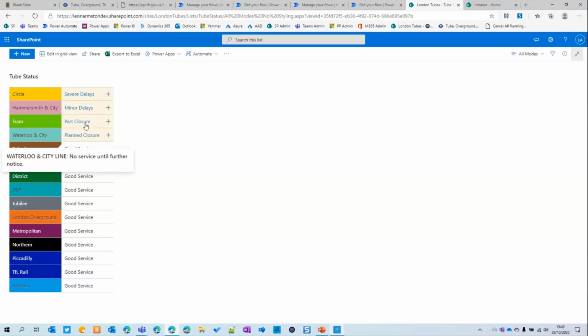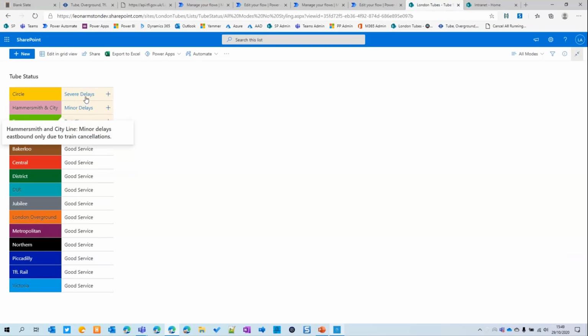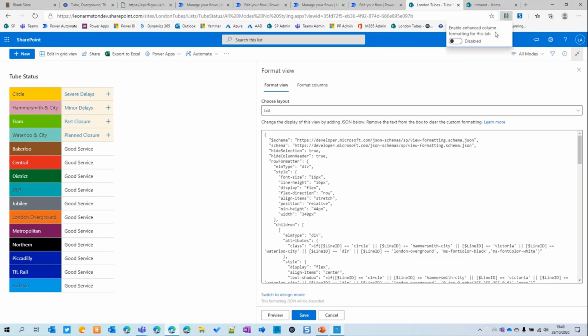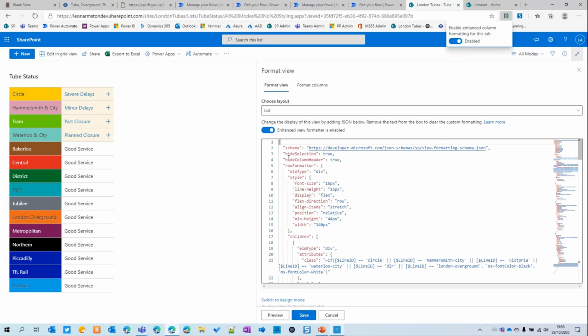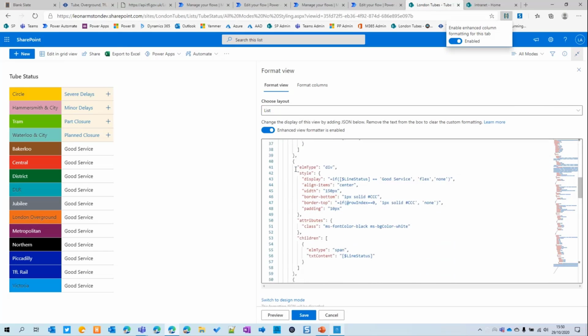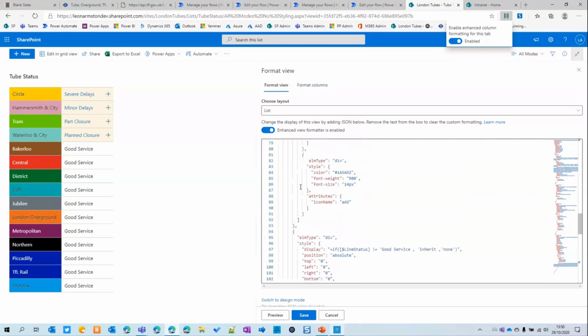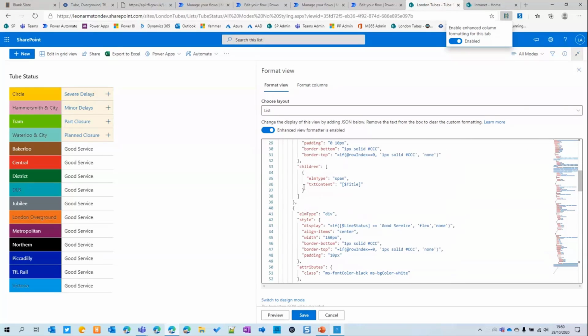And we can see that it's interactive. We can click on all of the special statuses and see information about the delays. So now I'm going to go through how the view formatting JSON is put all together. So we'll go into and format the current view, and then we'll see the JSON. And then we can see that there's 133 lines of JSON that transforms the SharePoint list into the tube status